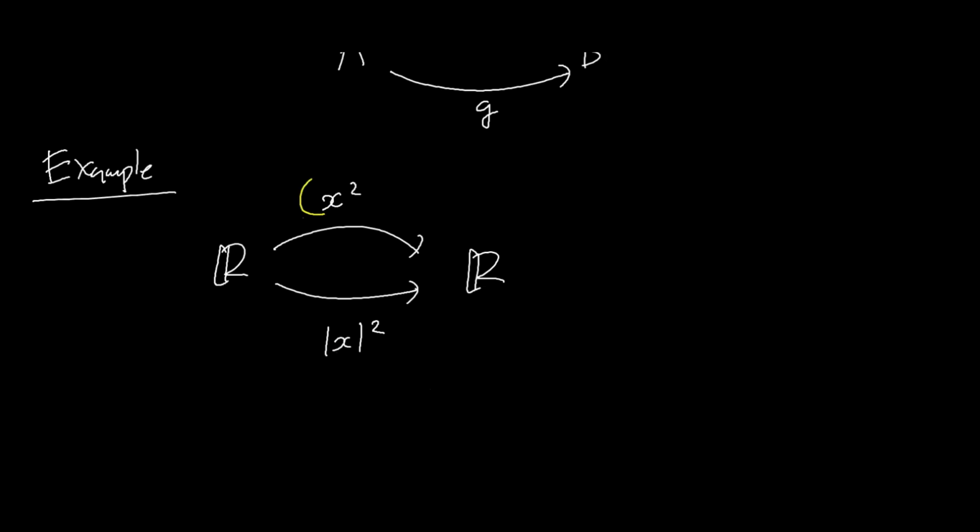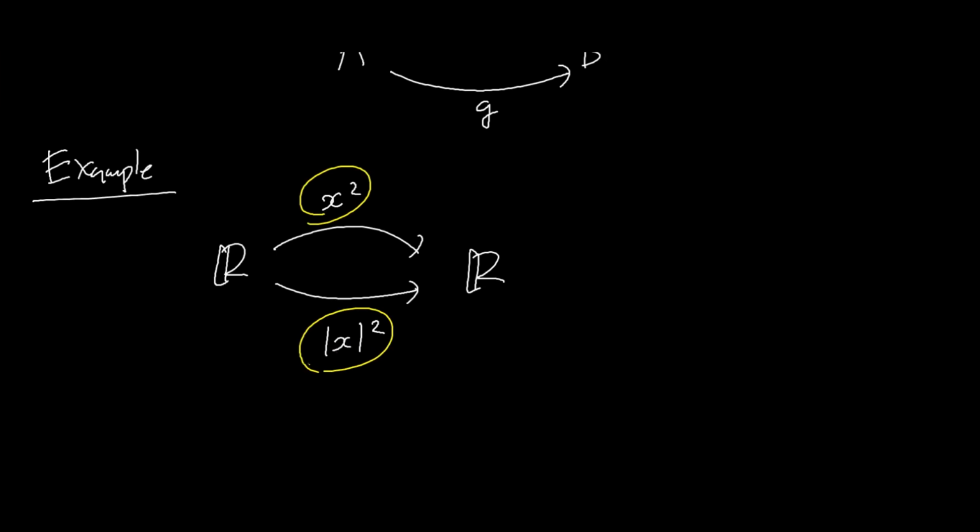So there is something different between these processes, right? The way that the number is manufactured in each case is different. In the first case, we pick a number, we square it. In the second case, we pick a number, first we take its absolute value, then square it. But